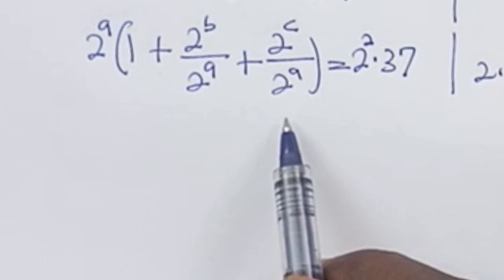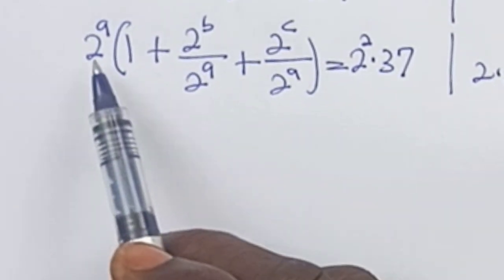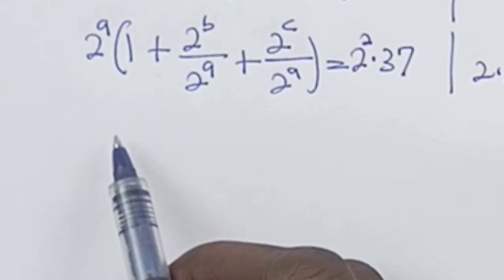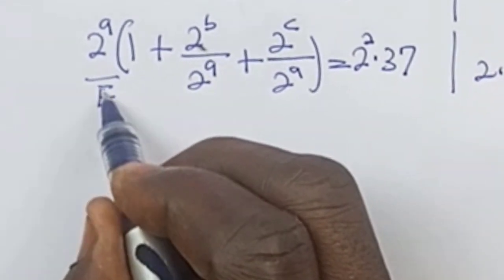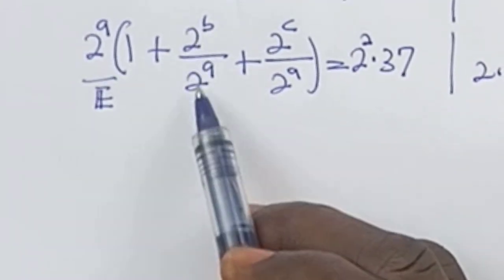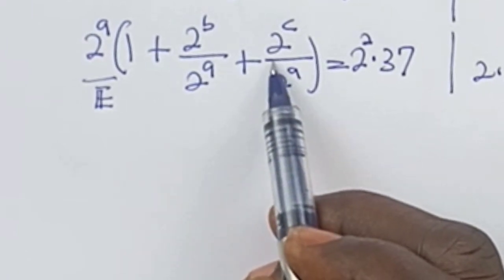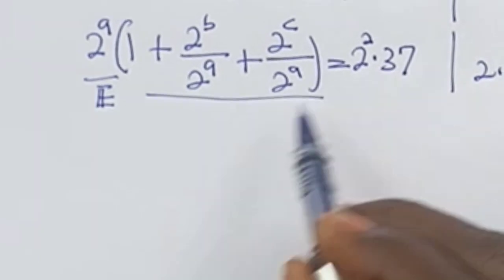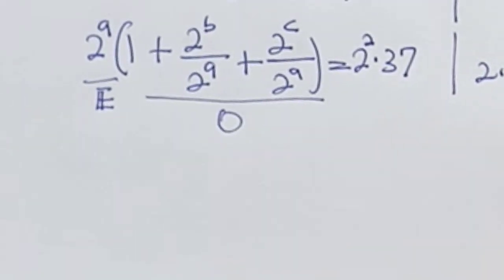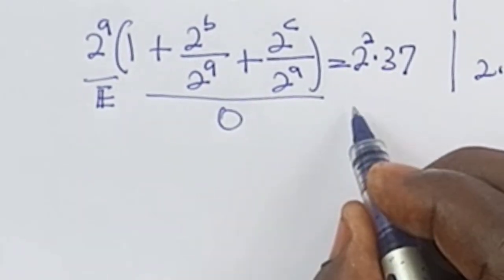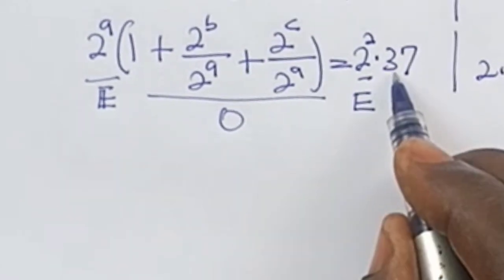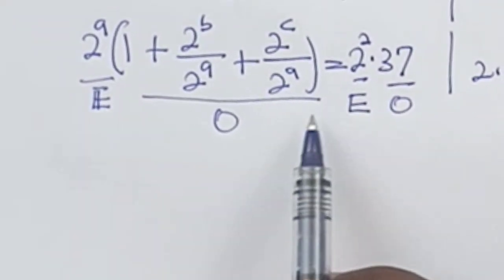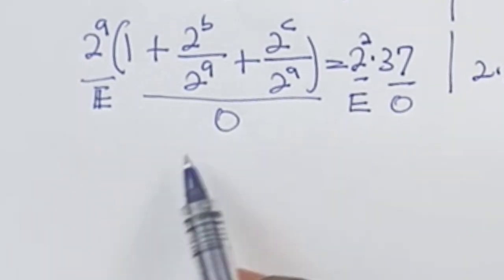So here we're going to carry out comparison. When we have a base of 2 raised to any power, it will end up being an even number. If this is an even number, and it's added to 1, it eventually ends up being an odd number. So from here, we have odd, and 2 to the power of 2, of course, is an even number, and 37 obviously is an odd number. So if we agree on these, we're going to equate even to even and odd to odd,